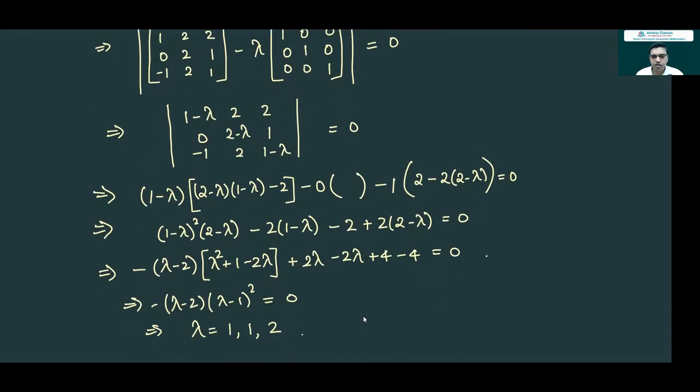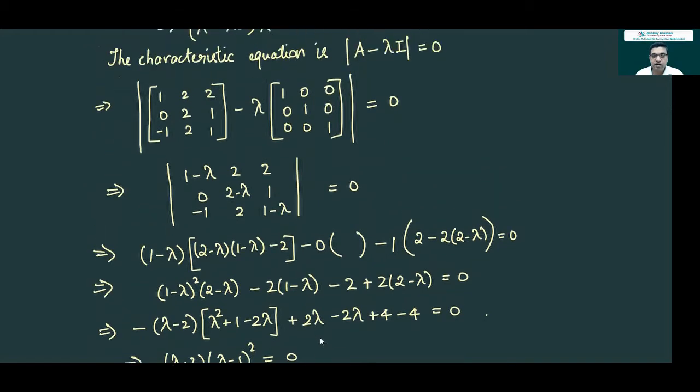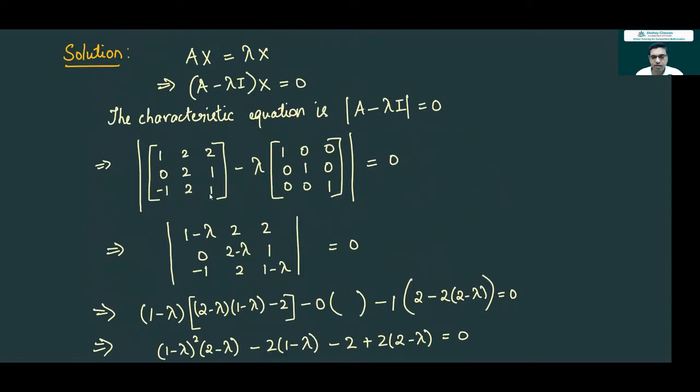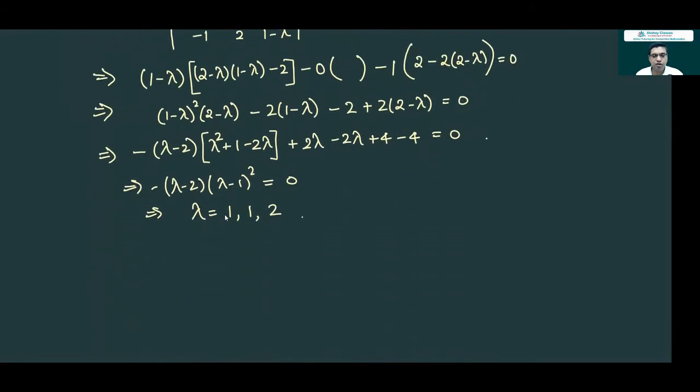How did I check? How did I know this is correct? I checked the trace. Trace of the matrix A should be equal to the sum of the eigenvalues. Trace is 1, 2, 1. So 4. 1 plus 2 plus 1 is 4. 1 plus 1 plus 2 is 4. So these are the correct eigenvalues. So this is repeating. 2 eigenvalues are repeating and 1 is distinct. But we have got 3 real eigenvalues.